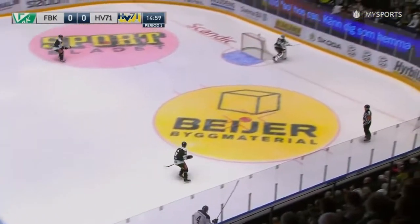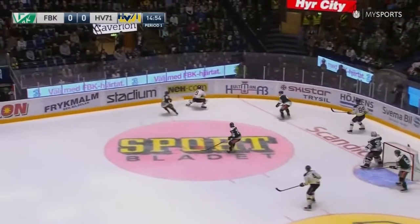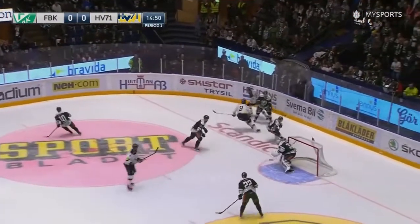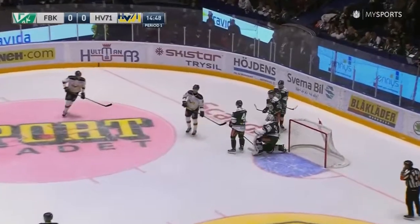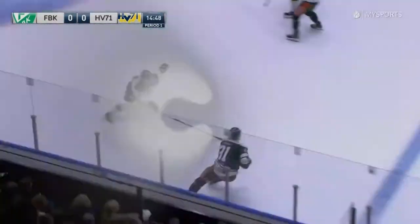Max Warren into the offensive zone. He'll fire this one in deep. Haugen out of his net, backhanding that one to his defenseman. Out of his reach, however, as Edschel's able to take it back in the offensive zone. Now Engvall with the pass off the inboards. However, that one is intercepted by Oskar Steen. Puck finds its way in front of Haugen, and he'll cover up for a stoppage with 14:48 remaining here in